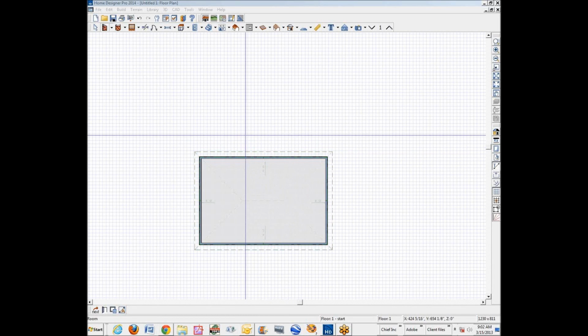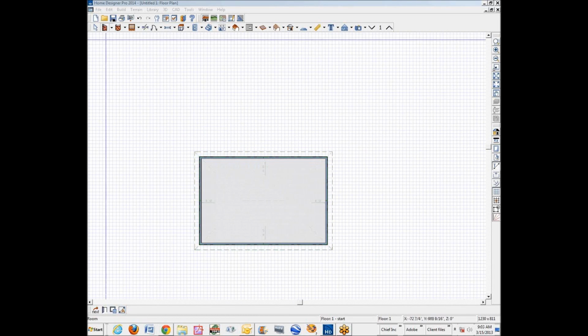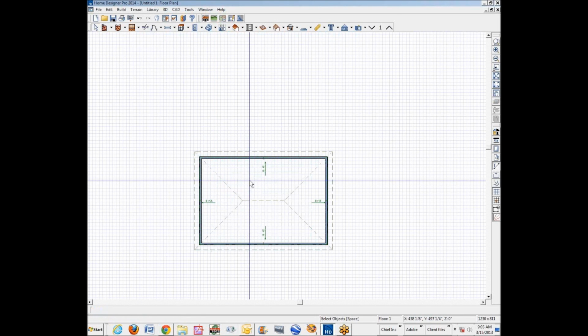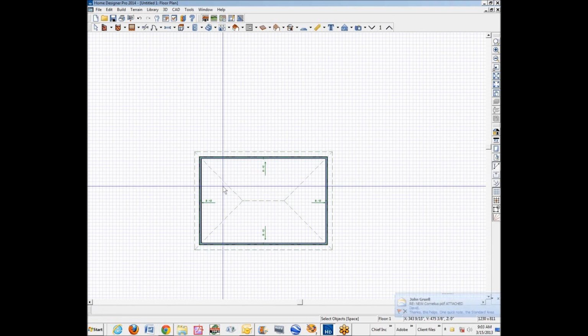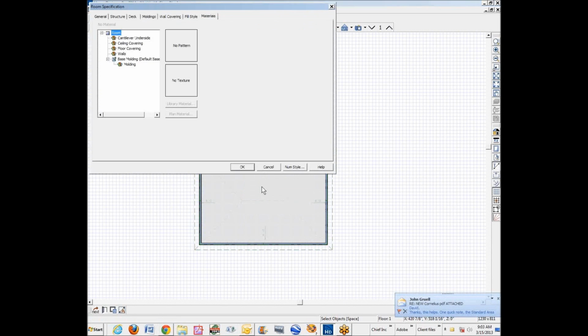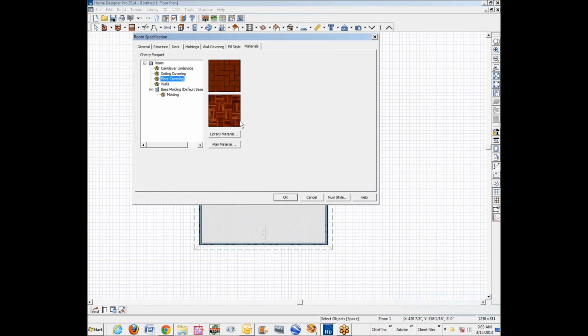Oh, hi. This little tutorial is not about the entire subject of importing custom materials, but your question was herringbone. So I'm just going to open this dialog here and go to floor covering. This is in Pro 2014. You can see I've already put a parquet floor and I've assigned a herringbone